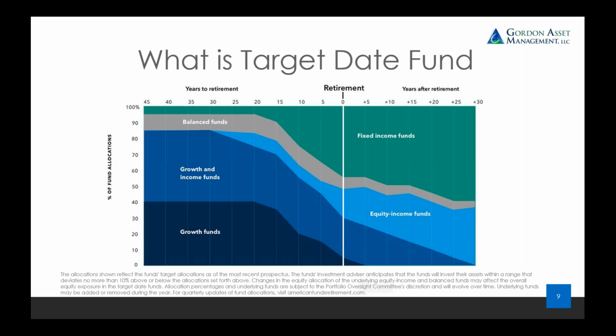As mentioned before, these funds gradually get more conservative as you approach the targeted retirement year. Take a look at the chart shown, which plots equities or stocks shown in the blue and fixed income or bonds shown in green. Sticking with our example of an individual targeting retirement in the year 2045, we can see that now when they're farther away from retirement, or roughly 25 years, they're heavily invested in stocks. However, as they get closer to retirement, the allocation begins to shift to a greater allocation to bonds.